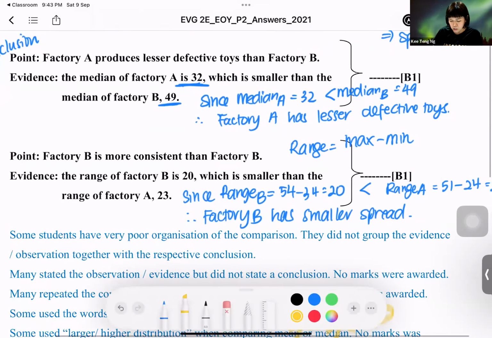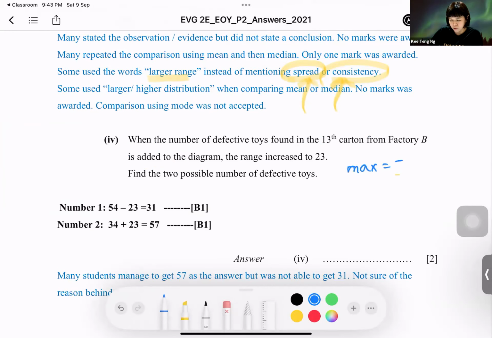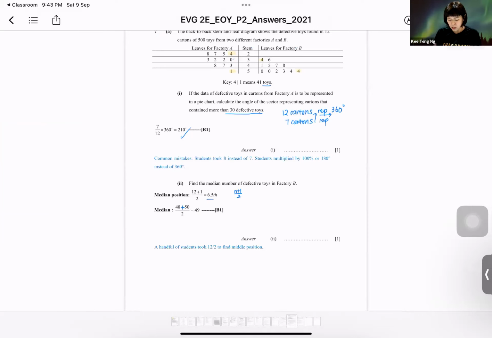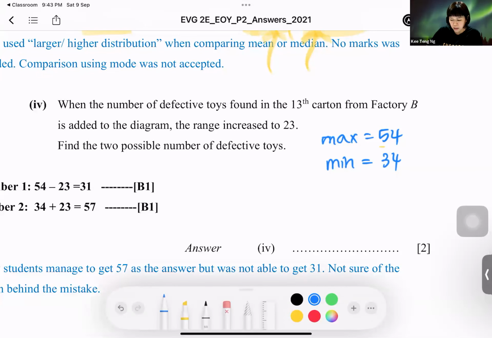So my maximum is originally 54. My minimum is originally 34. Am I right? Let me take a look. I cannot remember. Yes, 34. So if I were to increase my range, that means either the maximum or the minimum value will be changed. So I'm going to increase this maximum, the original one, and